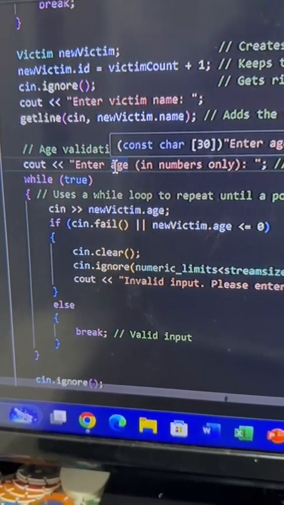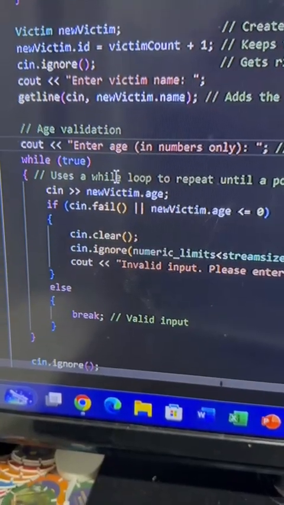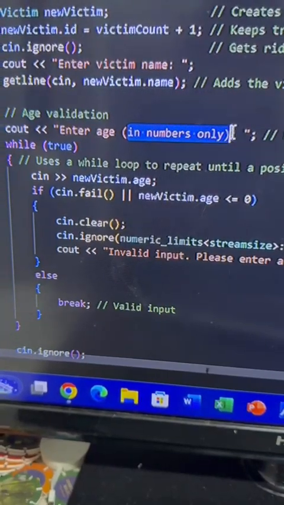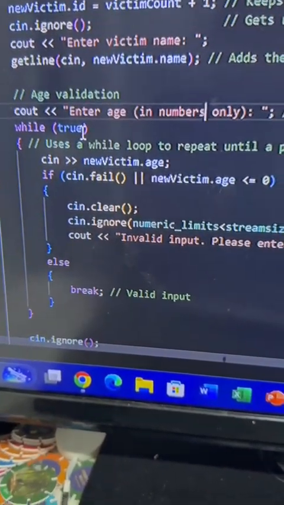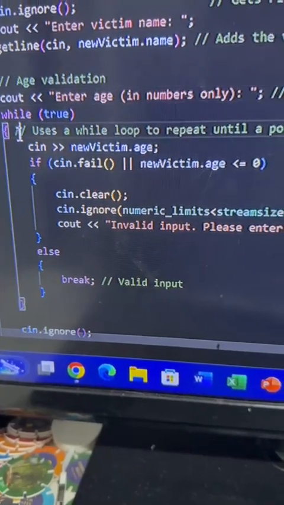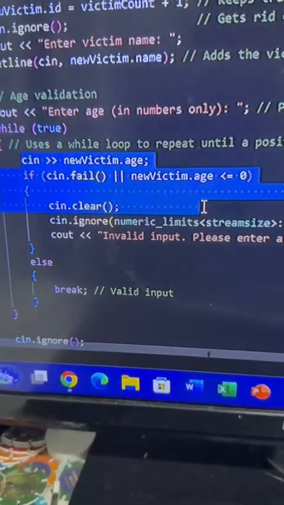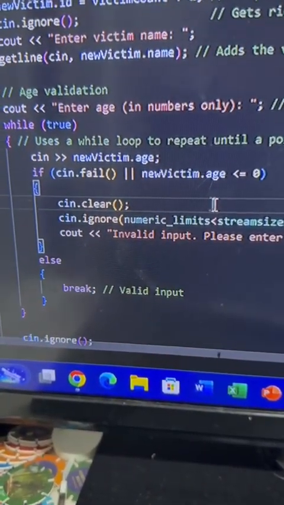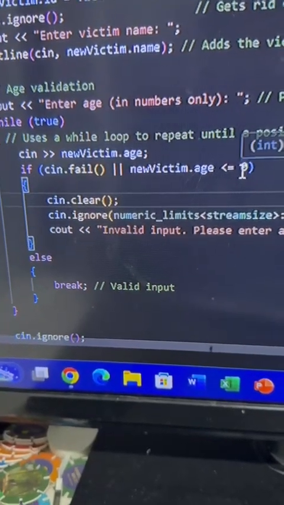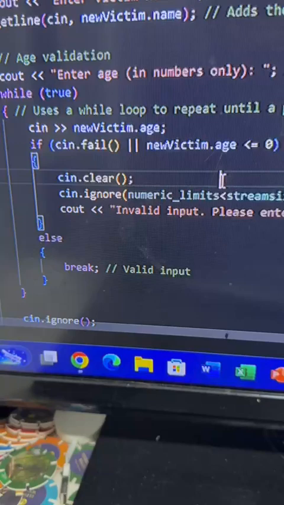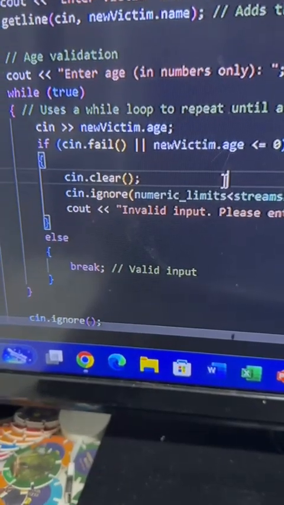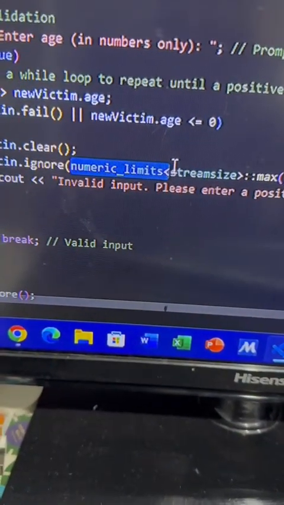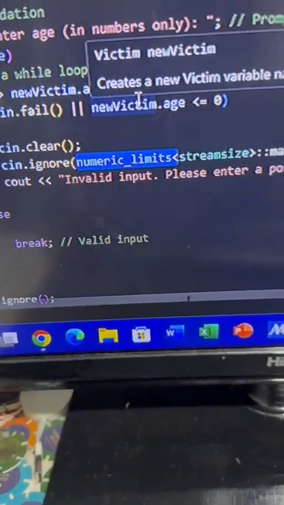This validates, which is the validation I was talking about, the limits library. So this prompts the user not to enter a string or spell out the age, only enter a number. Added a while loop, because this will repeat until the user enters a valid number, which is a positive number. So it can't be negative, can't be a 0, it's less than or equal to 0. So this will check if the input is a string and if it is negative or not. What this does, it'll go through the max number of characters. So it'll clear out all the invalid inputs and